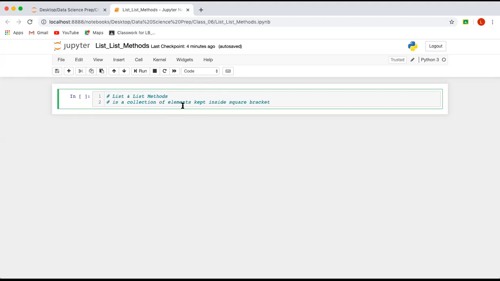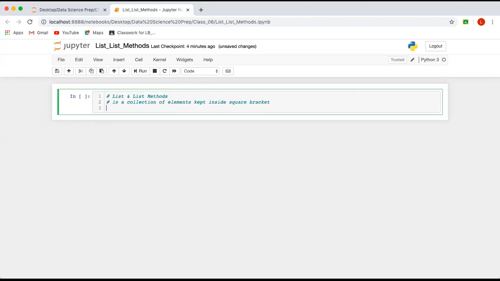Okay. Now, the next part is how you can define the list. So to define the list, you can keep any element inside this square bracket separated by comma. For example, 10 comma 10.20 comma 10 plus 20.30j comma this is a string comma this is a list again. So I will keep 10 comma 20 comma 30, right? So you can see this is a list where you have kept all these data inside the square bracket.